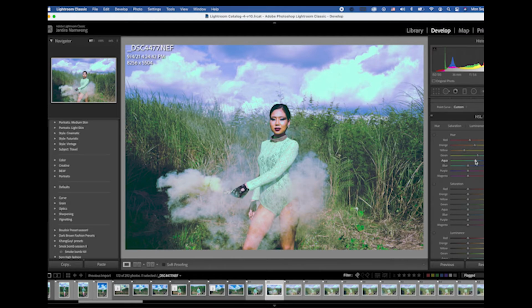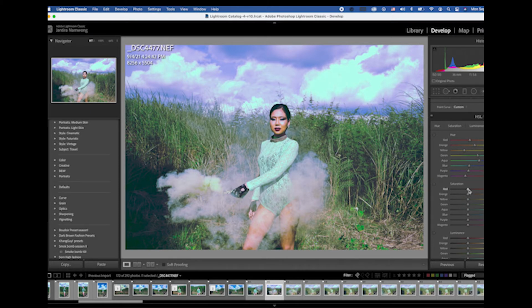Go to the other side. Something like that. Probably okay. Blue, yep, a little bit blue, maybe 10. Purple, yeah, a little purple on the sky, right? That's fine. Just like the storm coming. Okay. Magenta, I probably bring it down, minus. We don't need magenta on the model skin, really. Okay, now